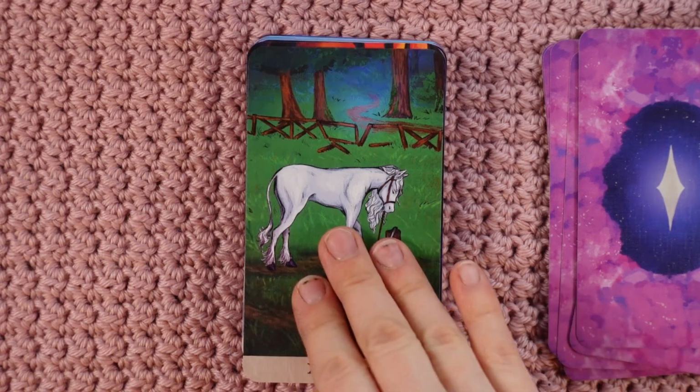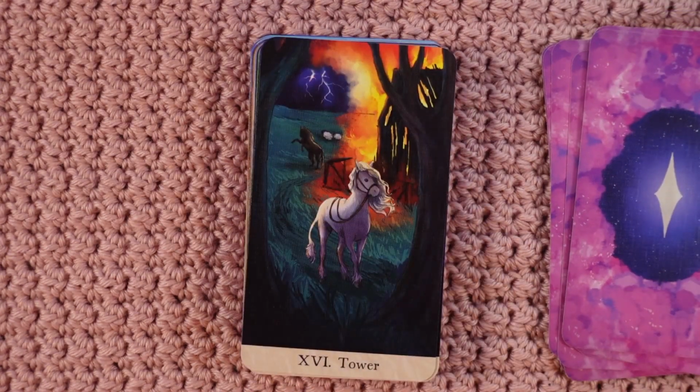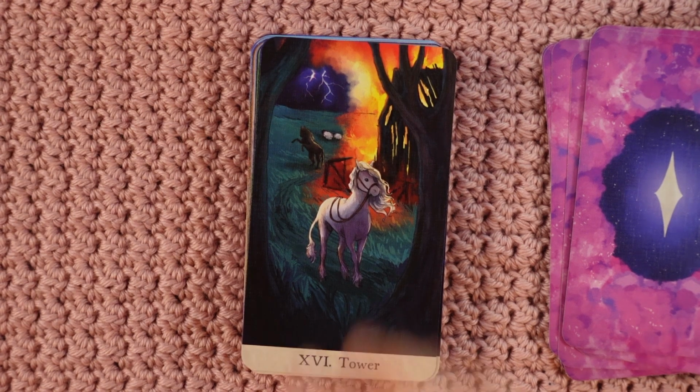That's so interesting. The tower, no! Not the barn. Not the barn! Now what? Oh my gosh. Okay, so... Oh, how interesting is that, though? Because it's a lightning strike. We see the lightning here, so...